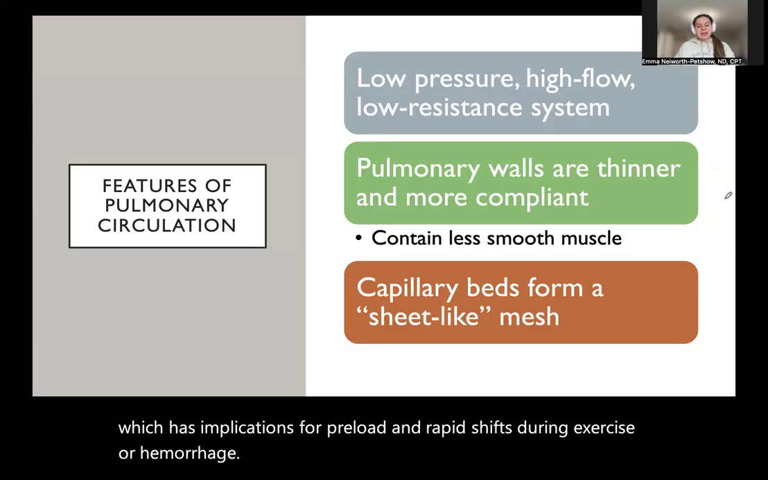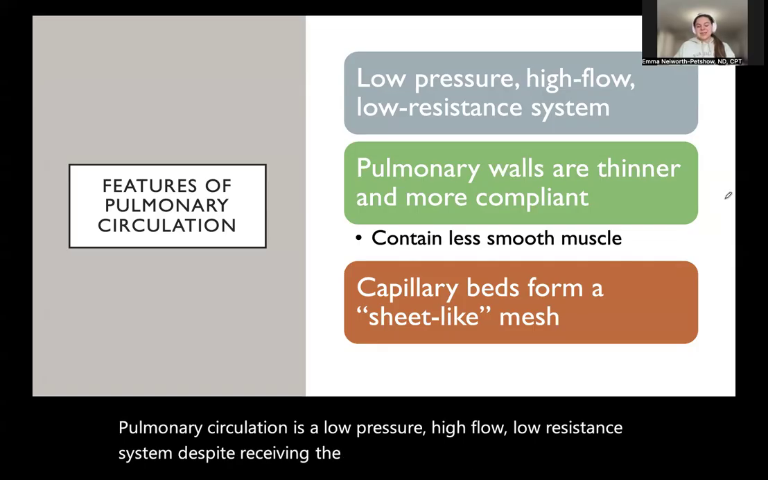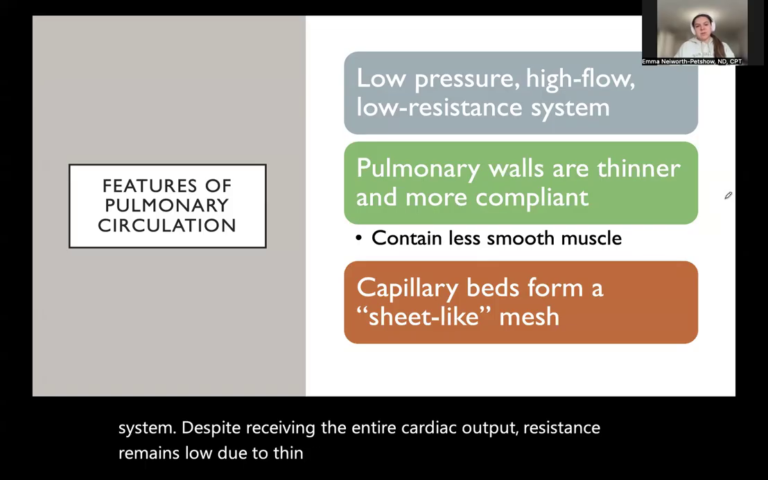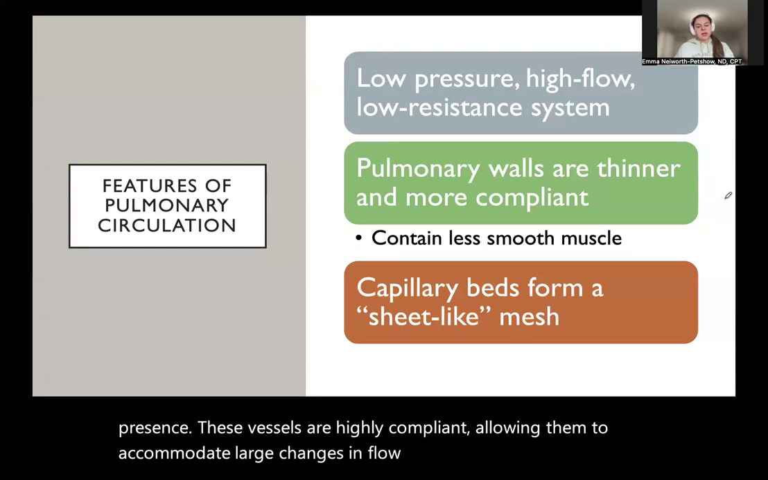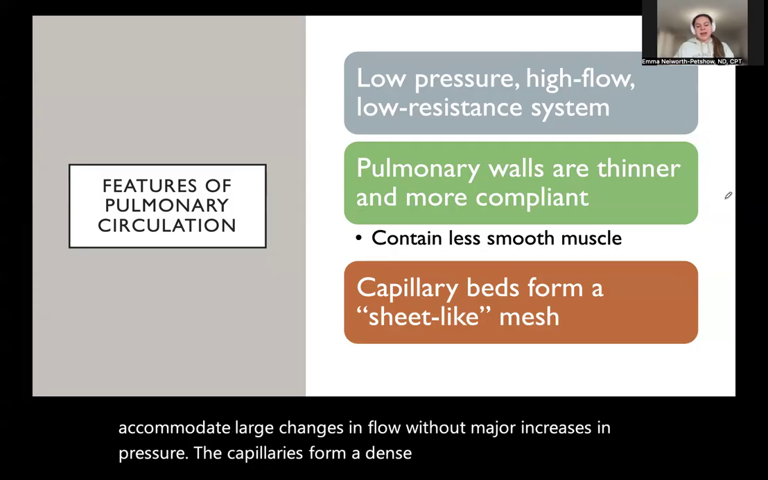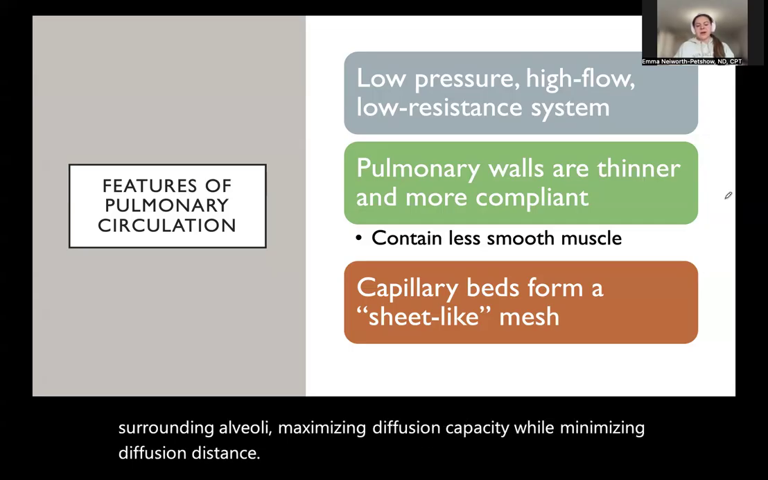Pulmonary circulation is a low pressure, high flow, low resistance system. Despite receiving the entire cardiac output, resistance remains low due to thin vessel walls and minimal smooth muscle presence. These vessels are highly compliant, allowing them to accommodate large changes in flow without major increases in pressure. The capillaries form a dense sheet-like network surrounding alveoli, maximizing diffusion capacity while minimizing diffusion distance, a key for efficient